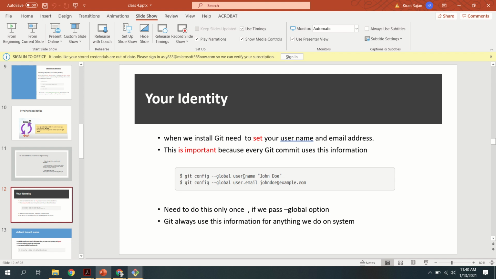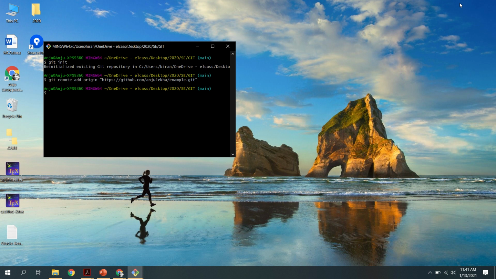First of all, if you want to set the username, you just want to type inside the git bash: git space config --global space user.name. After that, in double quotes you write your name. And in the same manner, if you want to set the password, just type these details and press enter. That will automatically set your username as whatever you typed here. And in the same manner, if you want to set the email address, this is the command for that. So I will show you how it is working. Already I have set all these details.